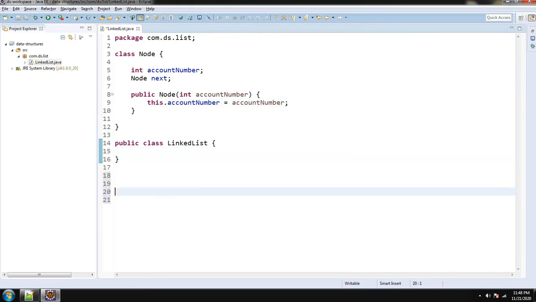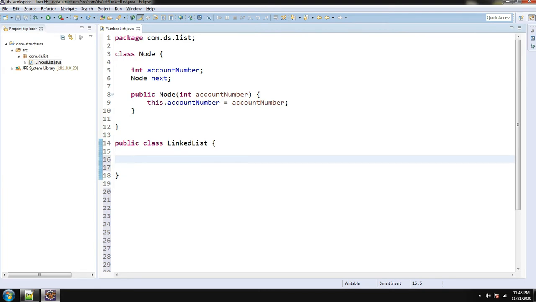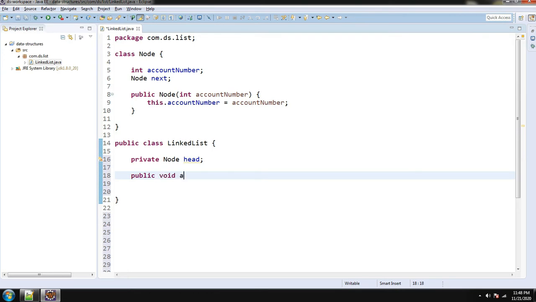In the linked list, first I'm going to create a Node head, the variable which holds the first node reference. Then I will create one method, public void add, which takes account number as input.